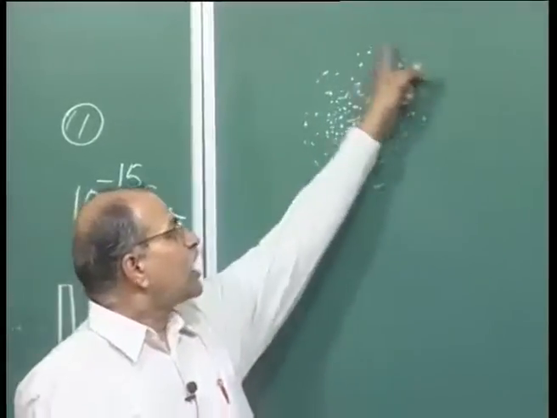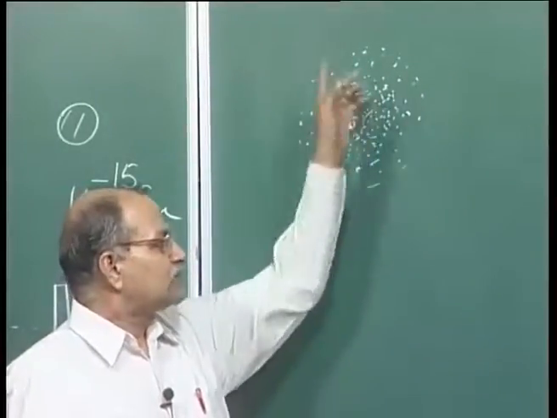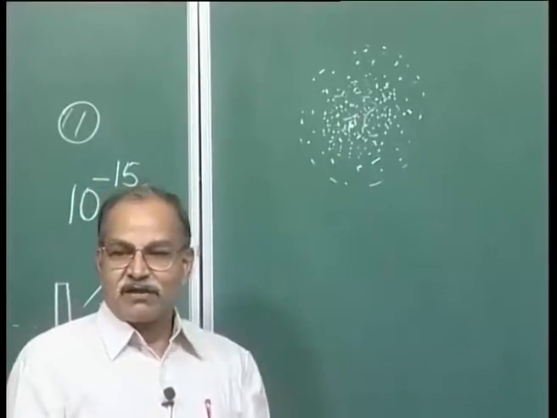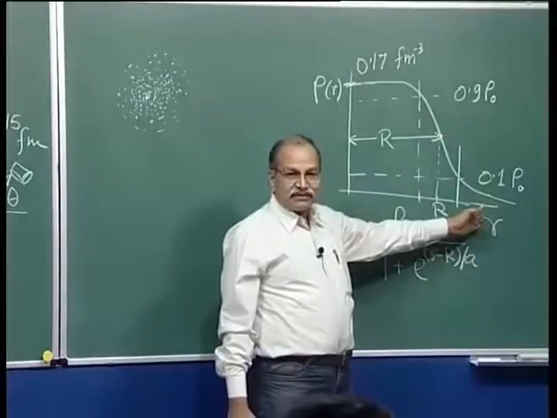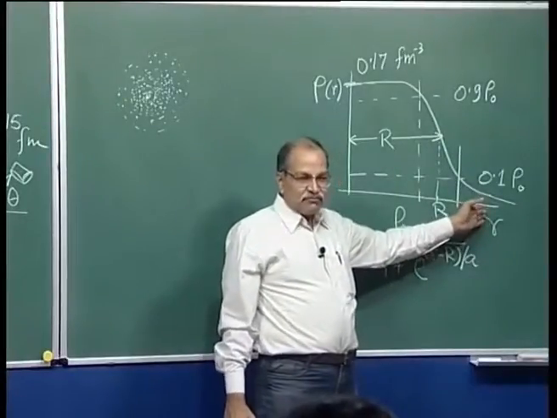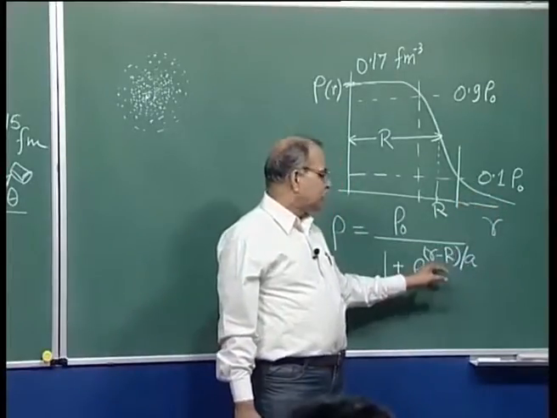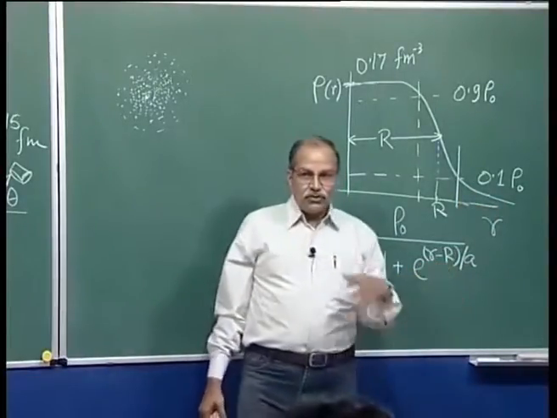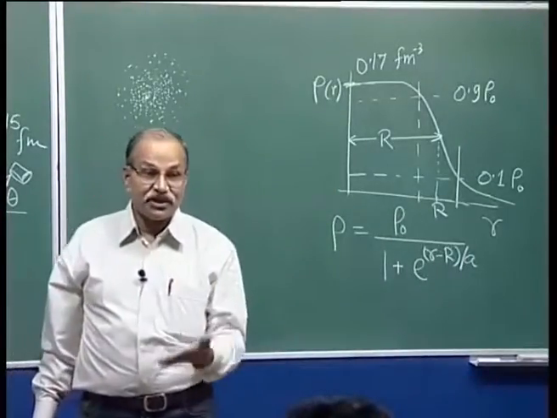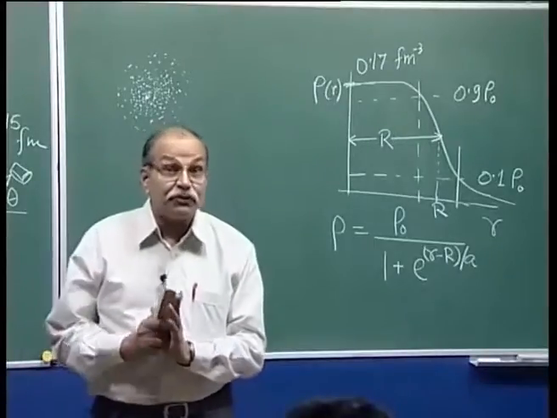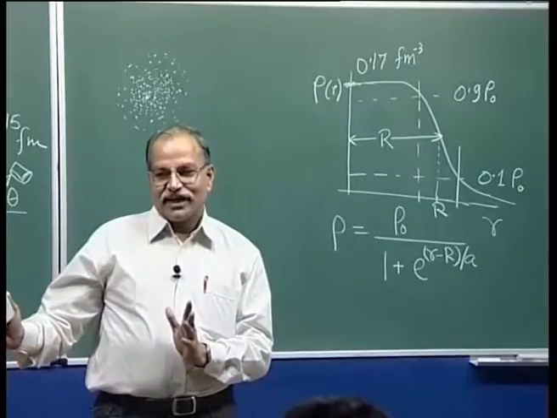But then there is no sharp boundary. You cannot draw a line, a circle, a spherical surface, and say all the nucleons are inside this. It does not fall to 0 sharply. It will become very small, but it will be 0 only when small r is infinity. So, the nucleus does not have a sharp boundary. The boundary is diffused; the density gradually decreases and becomes negligible.